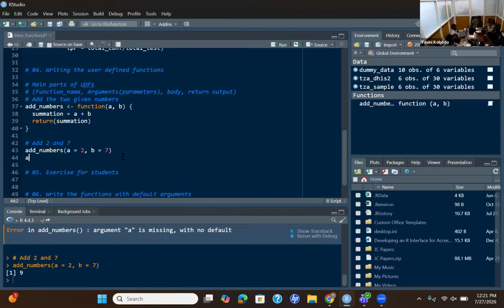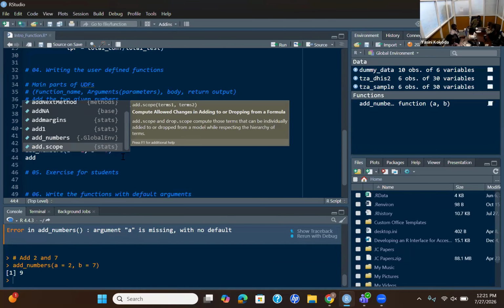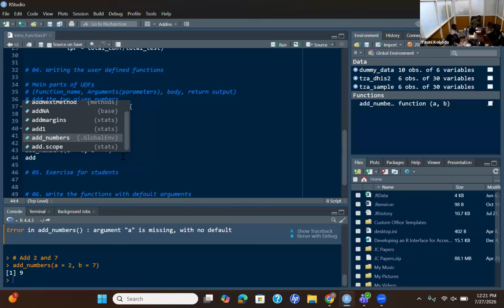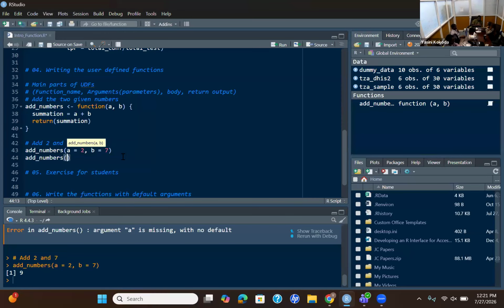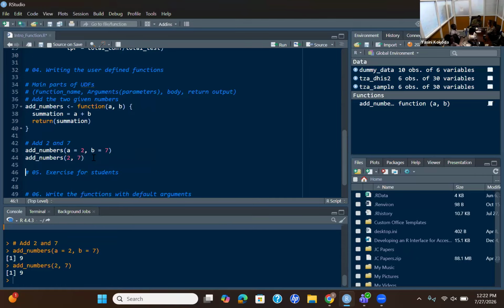The same thing, if you want to add, you can also specify without the keyword argument, like A equal to. You can specify depending on the order. A is the first number, B is the second number, so you specify 2 and 7. You see you are getting the same output.